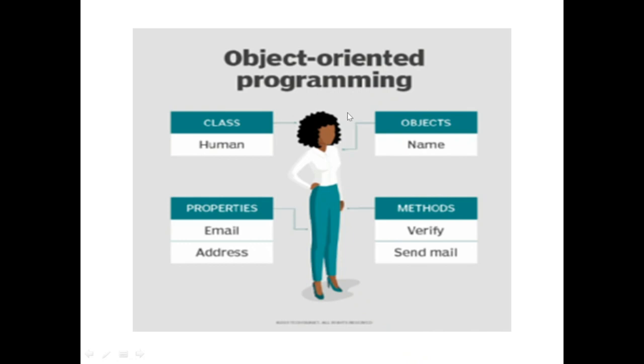and all the common traits of human beings are actually defined in the class called human. So human must eat, human must breathe air, human must drink water, and all those things. Now, that is the basic character of all the human beings in the world. So a basic class or the blueprint of human beings is created, in which the basic functions that a human must do to survive are defined.